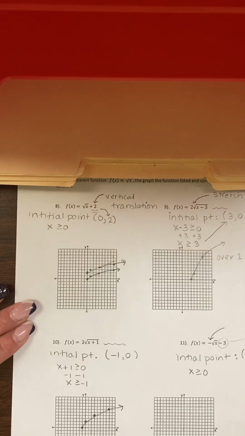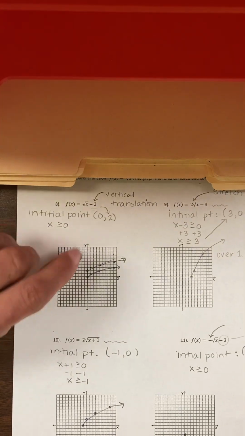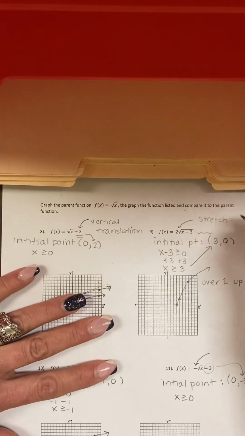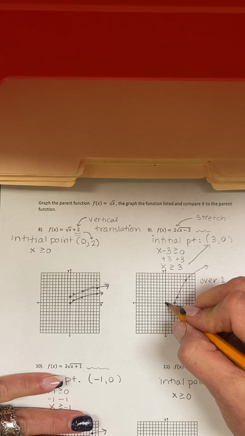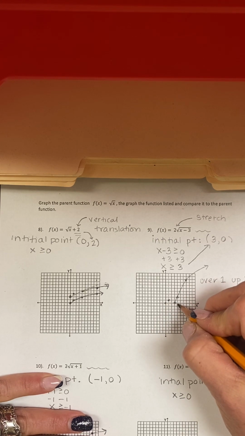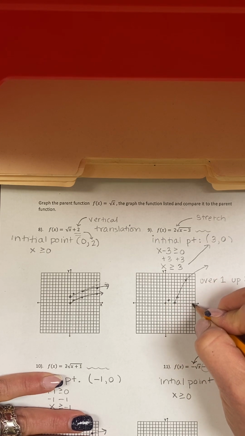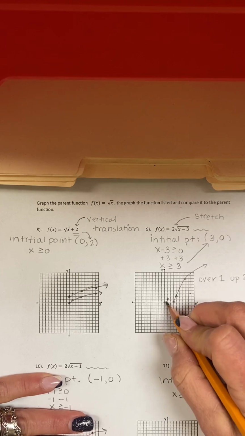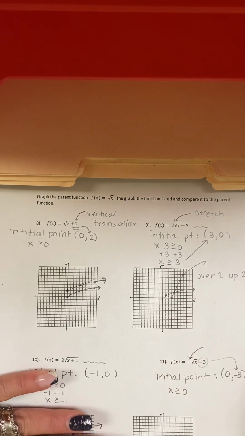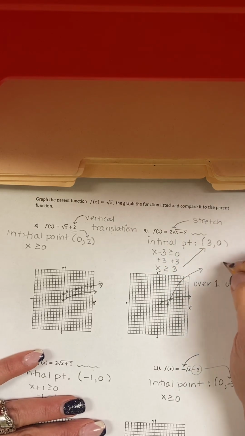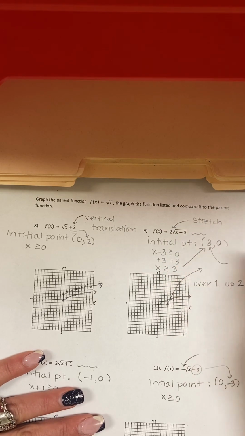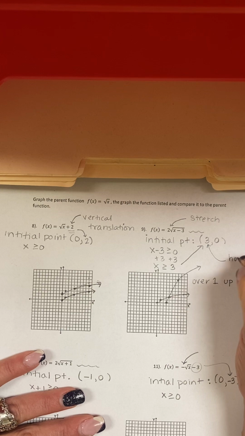Okay, now I forgot to do the translations for this one. The 2 is a stretch. I also forgot to put in the parent function. Sorry about that. And 9, 3. So that's your parent function for that one. Okay, so it has a stretch, but that 3 on the inside, you see how we moved it 3 to the right? That is a horizontal translation,